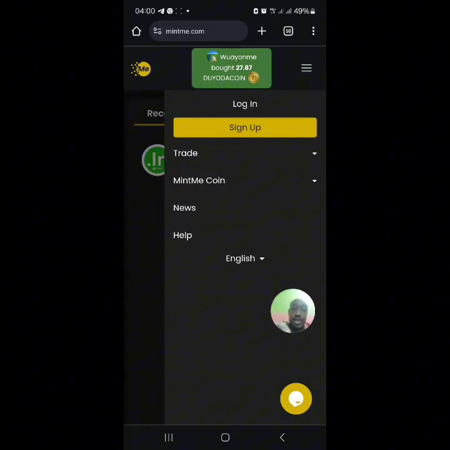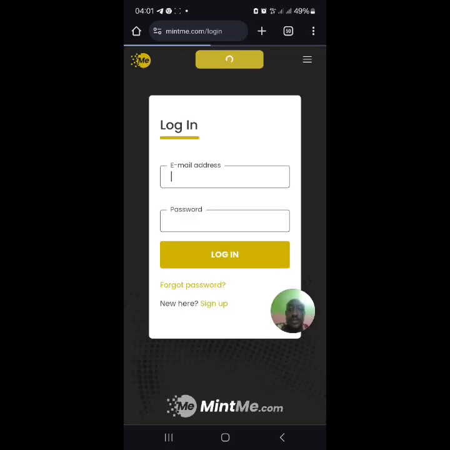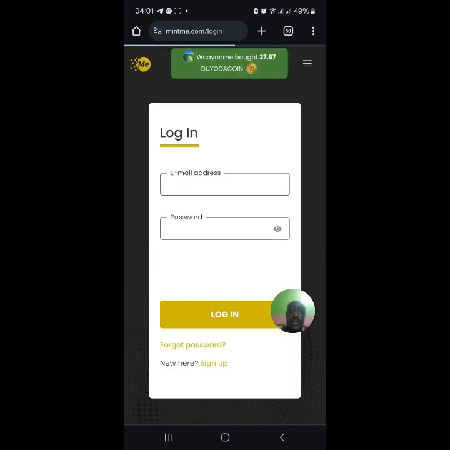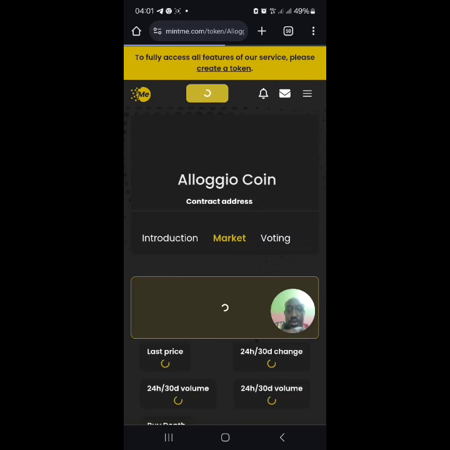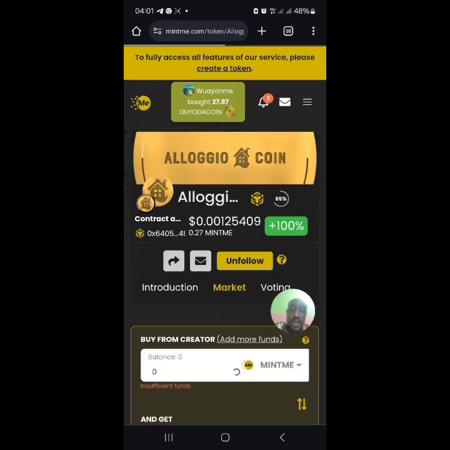Okay, so if you've not signed up, all you have to do is sign up. The sign up process is very simple and straightforward. Just make sure that you verify your sign up via your email once you are done. So I'm going to log in. All right. So now that I'm logged in, it's taking me direct to Alloggio Coin